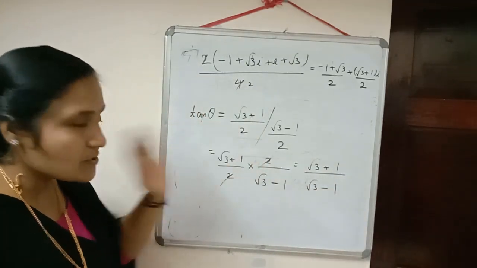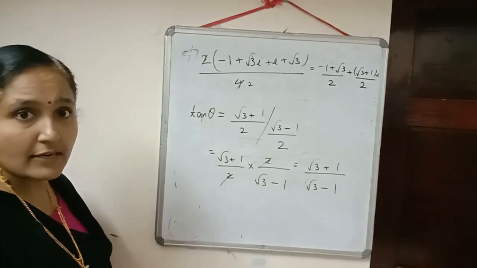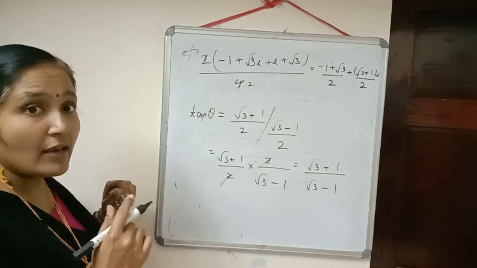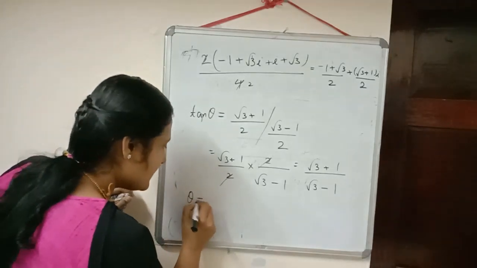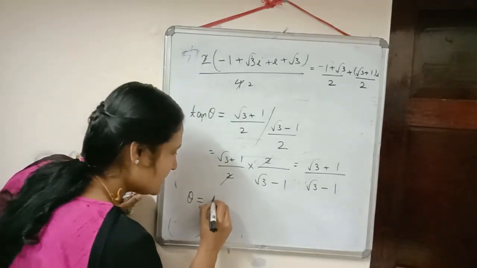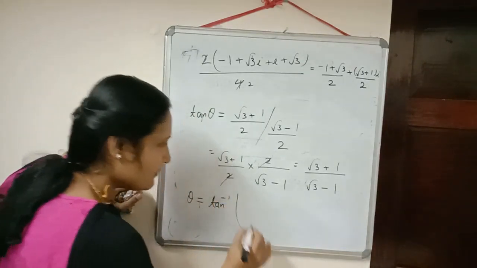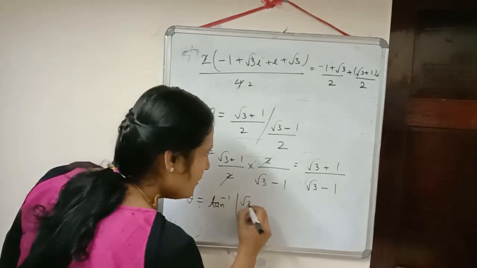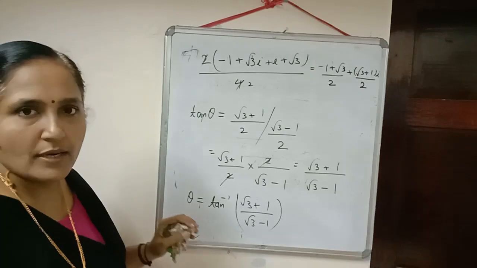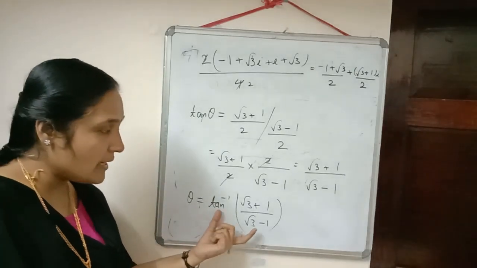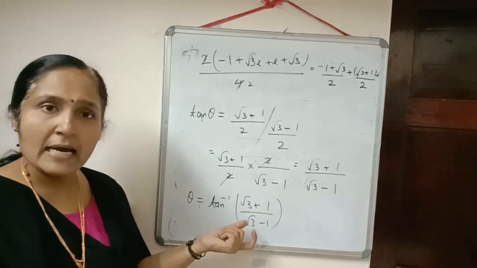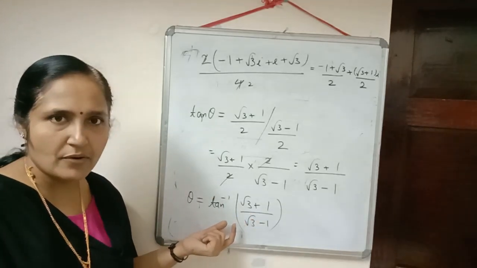So by seeing this one, we will not be able to check in which angle this is. So we don't know what is the angle there, but still we need the value of theta. So theta is equal to this tan. I am shifting to the right hand side. So when you shift, just write down in this way: tan inverse of (root 3 plus 1) by (root 3 minus 1). This much only is sufficient there, because calculating this angle will be difficult for you. So you can leave it in this way. So I think it is clear to you.